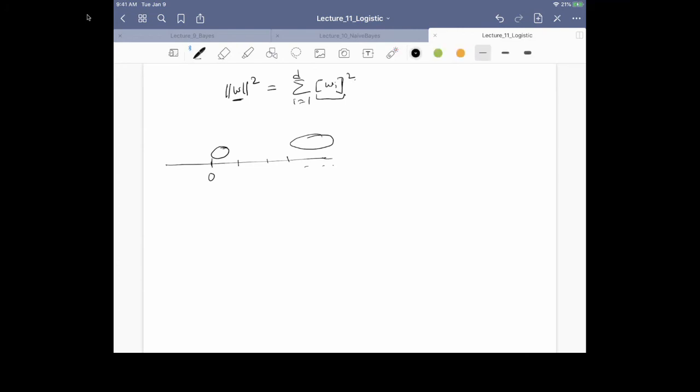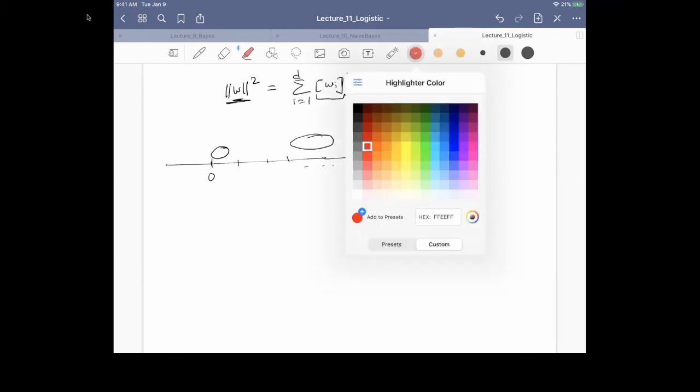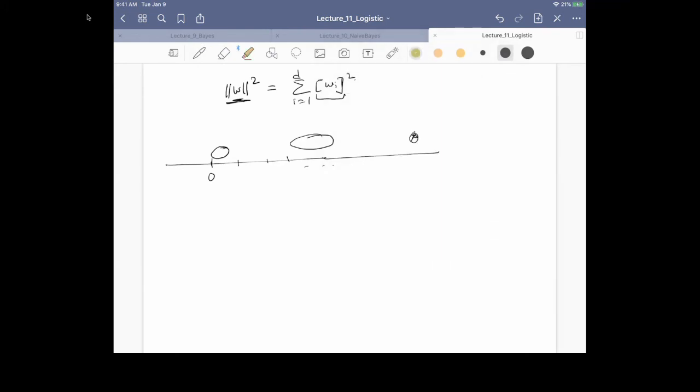So imagine, for example, if there is an outlier over here, like one weight basically is this value, right? This would be heavily penalizing the L2 distance. So the L2 distance would be very large for this component. So what the L2 distance rather tries to do is actually concentrate all of its points close to zero, right, as much as possible, but not necessarily set it to be exactly zero.